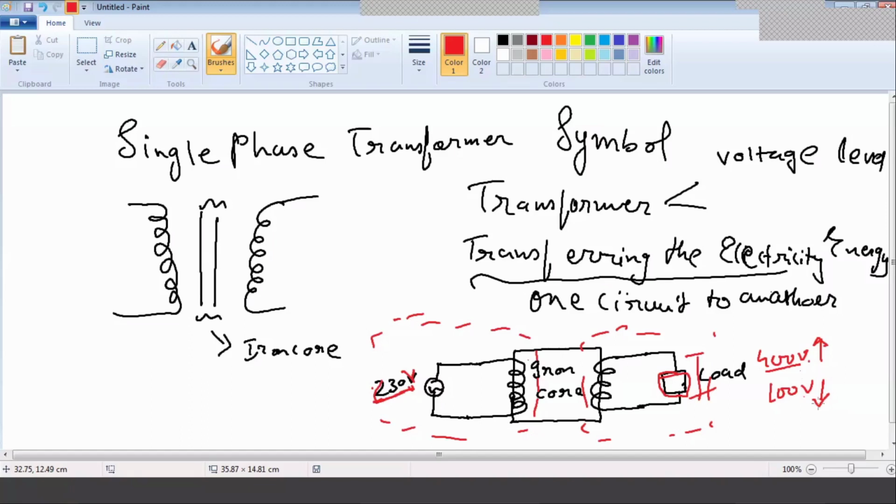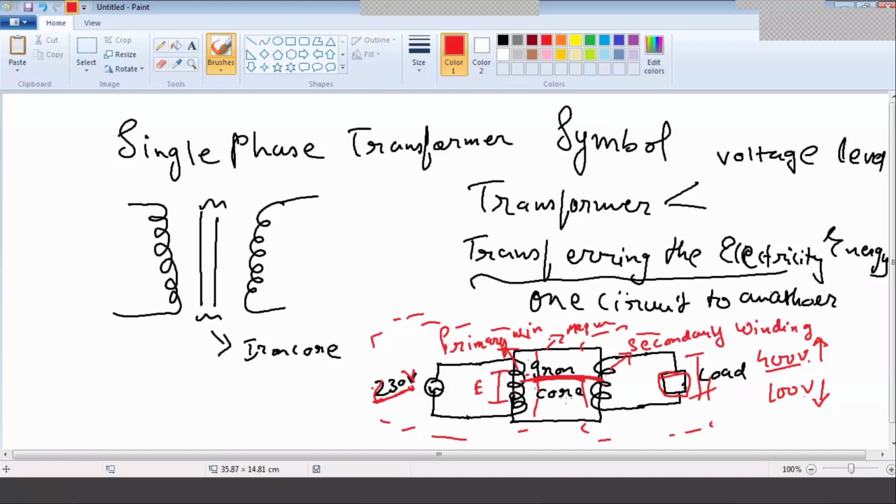Right? Any doubt? So actually these two coils are mounted on an iron core, which is of magnetic material. Okay. So there will be mutual induction between these two coils, so the energy will be transferred. And the EMF will be generated in each coil. The input side is called the primary winding, and the output side is called the secondary winding. This is secondary, this is primary winding. Right?